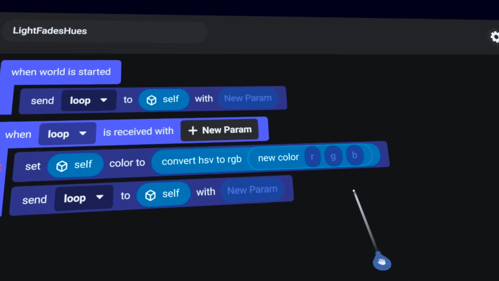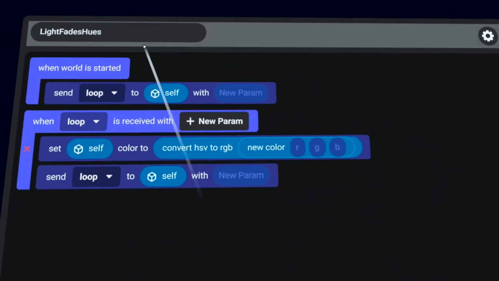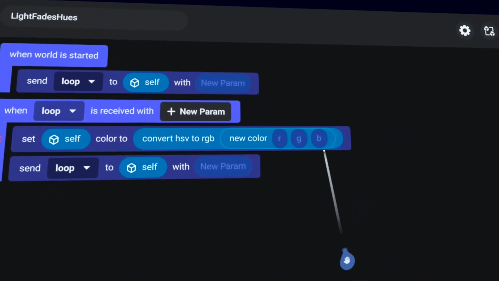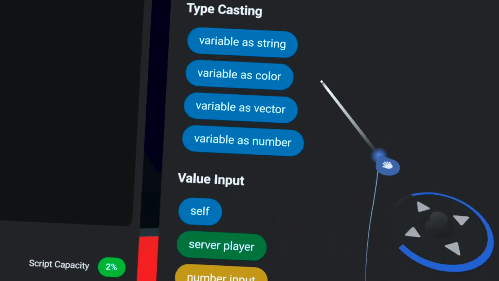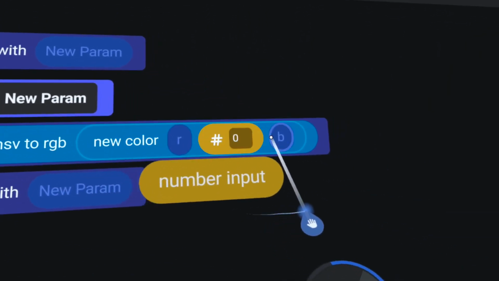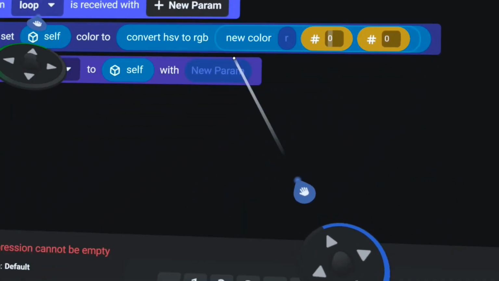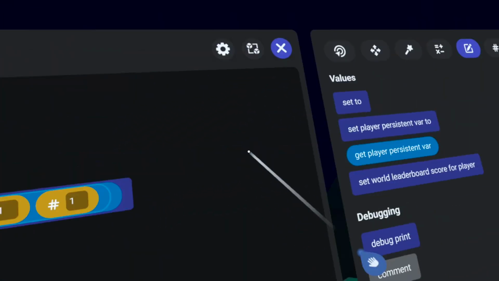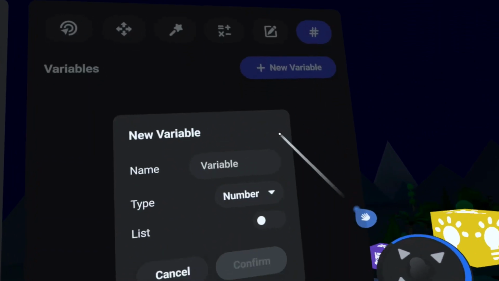We know that we want this to be fully vibrant, so we will make the last two a value of 1. Under the Values tab, bring over a number input, placing it in both the saturation and value slots, then revalue them to 1. The hue value will be changing throughout the loop, so we will need to create a